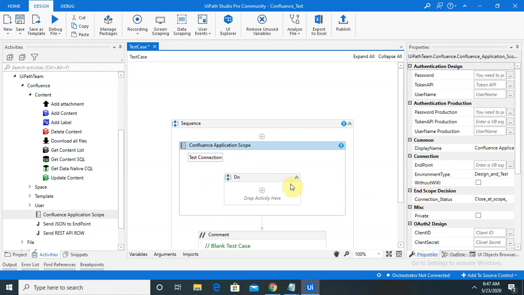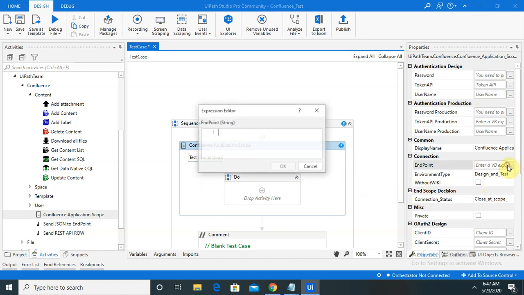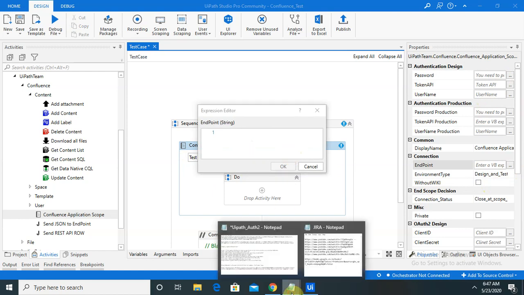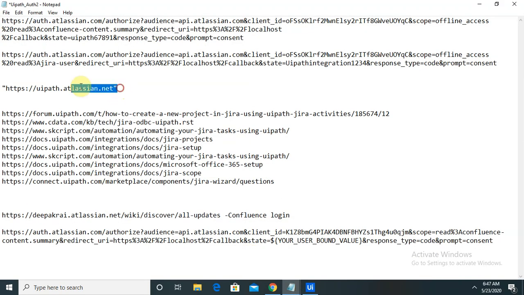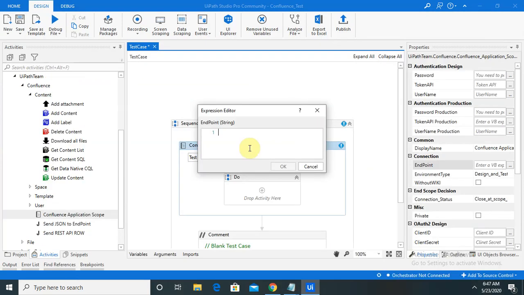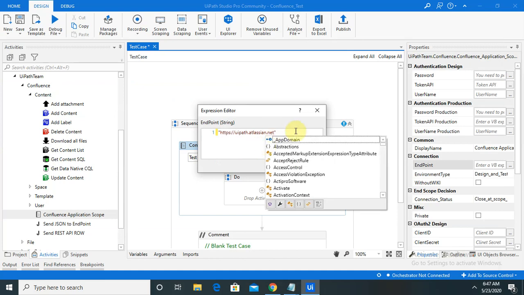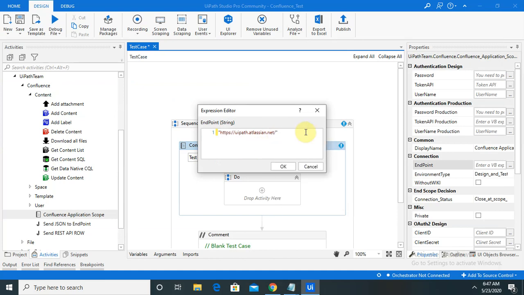After adding this activity, we need to provide the URL we are connecting to. Let me copy this and paste it over there. Don't worry, I will mention this link in the comment section as well. Next we need to type wiki so that it will jump to Confluence only. Now you can see the endpoint connection is completed.